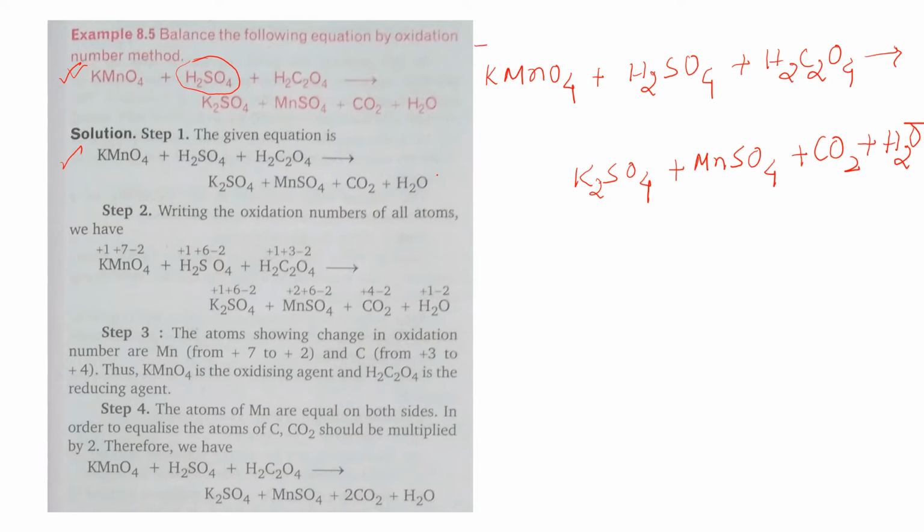Potassium is +1, you know. Oxygen is -2. I am having 4 oxygen, so it will be -8, but I will write only -2 here. But when I will find out the Mn, then I will multiply it by 4. So what Mn is coming? This is +1 and this is -8, equals to 0. That means it is coming -7, and x -7 is equals to 0. If Mn is x, then Mn is coming to +7. Do it. If you can't do it orally, write it somewhere and do it. You know how to find out the oxidation number.